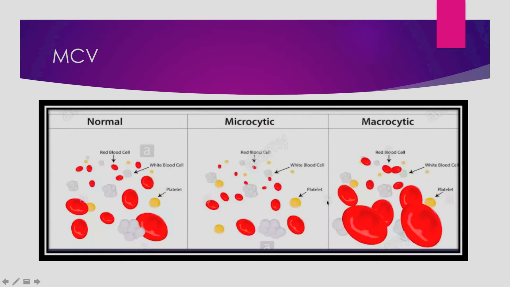Under the microscope we can see these are the RBCs of normal size, whereas this is the RBC of lesser size, hence it is called microcytic anemias, for example iron deficiency anemias. And here you can see the RBC size has increased, so it is called macrocytic anemias. Example, megaloblastic anemias, which are due to deficiencies of vitamin B12 and vitamin B9. So this is your mean corpuscular volume, where we see the volume of RBC.